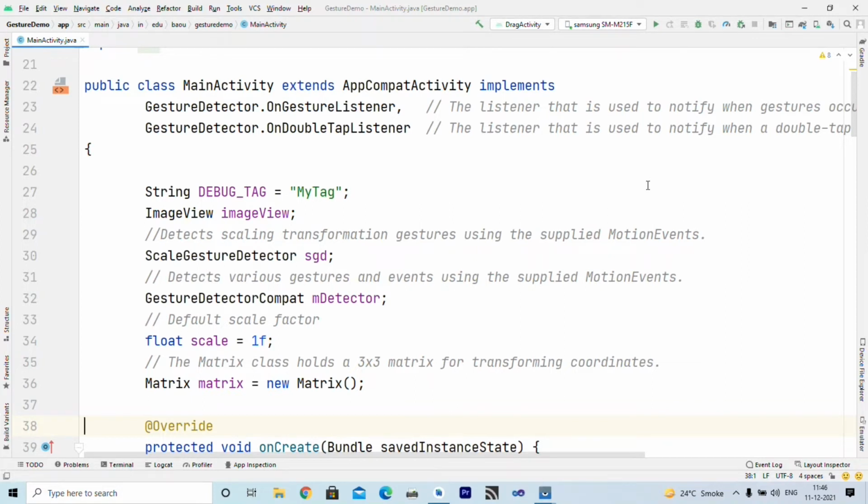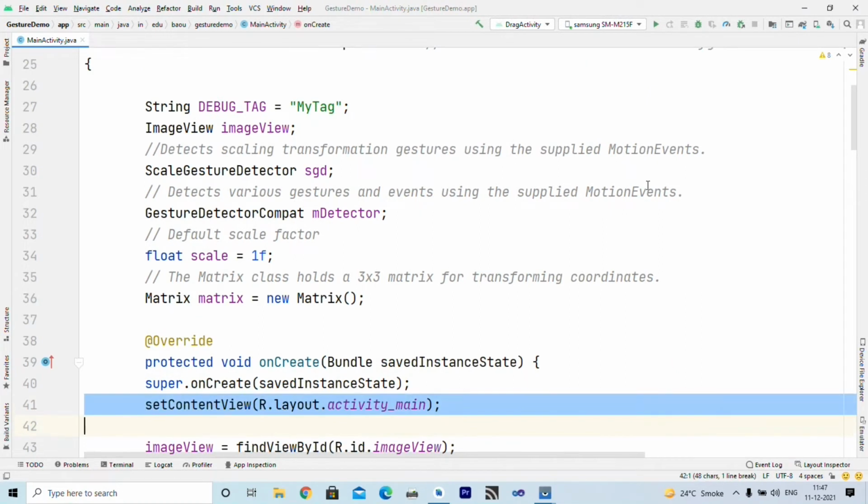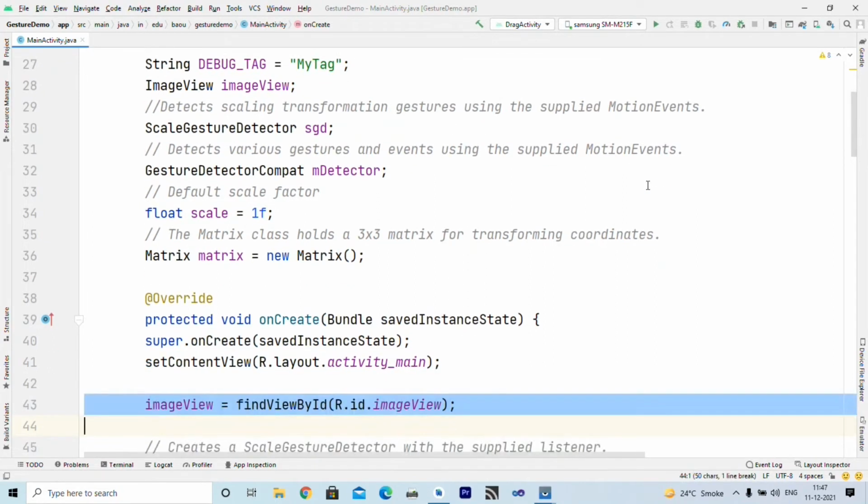So these are the various objects and variables declared in order to implement this functionality. Now inside onCreate, first we set our content view to activity_main. This is as usual. Then we initialize the image view by findViewById to the first image view in our layout file.